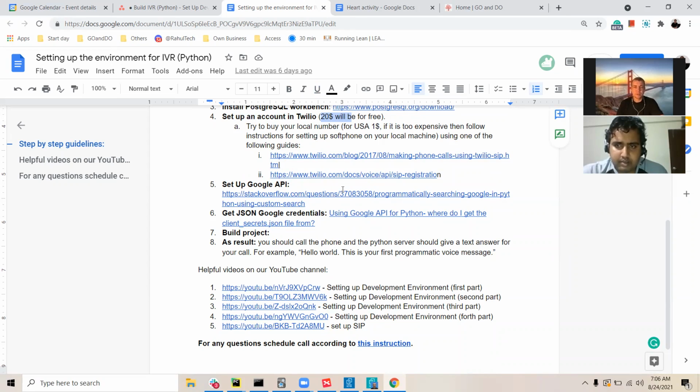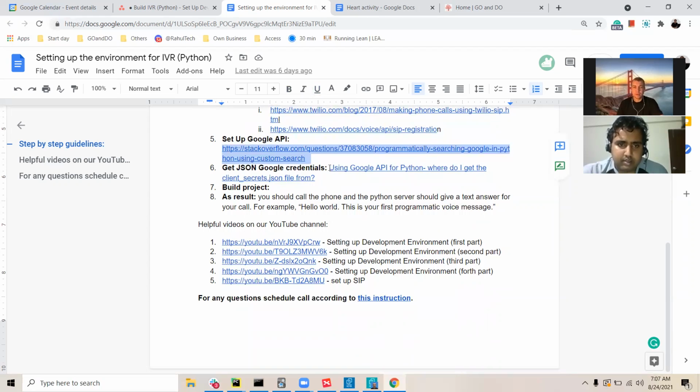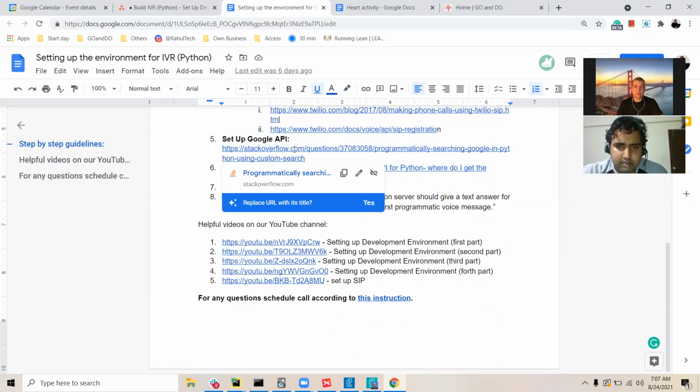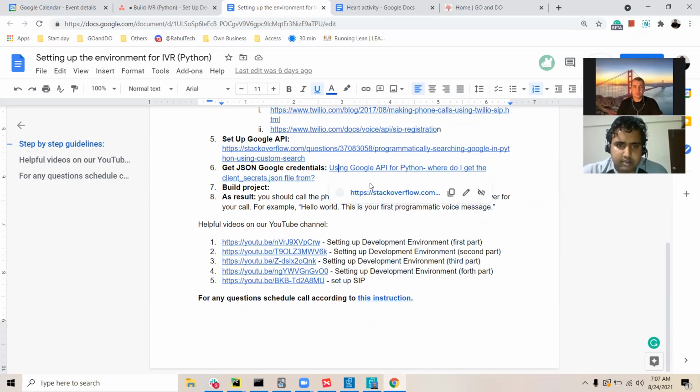working with the SIP protocol. After that, you have to get your Google API key as a developer, and you will find this instruction on Stack Overflow. And after that, another link on Stack Overflow describes how to get credentials for Google. This will be used for the project. And at the end of the project,